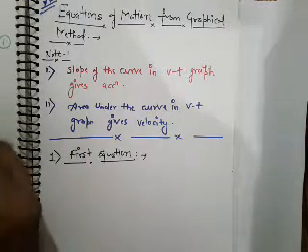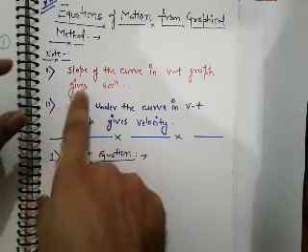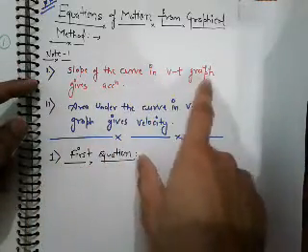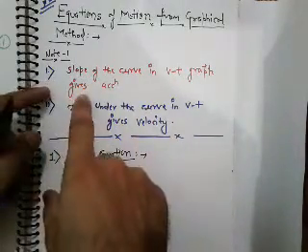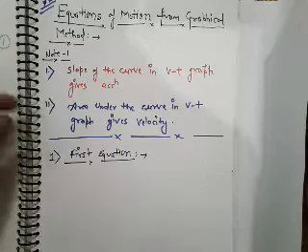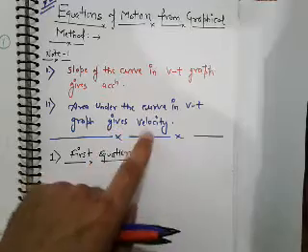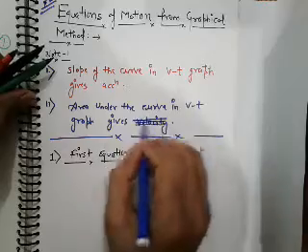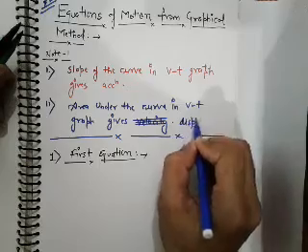Okay, so first of all, there are two very important points. You can write them as a note. Note number one: the slope of the curve in a velocity time graph gives acceleration. If we find the slope of the graph in a velocity time graph, that value of slope gives acceleration. And if we find the area under the curve in a velocity time graph, then it gives not velocity, sorry, it gives displacement. It means that the area under the curve in a velocity time graph gives the value of displacement.